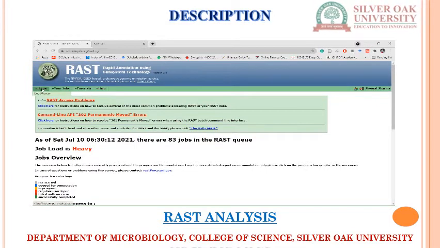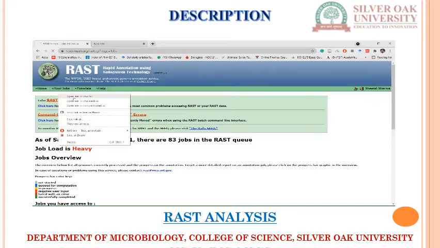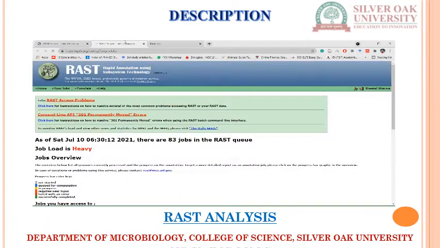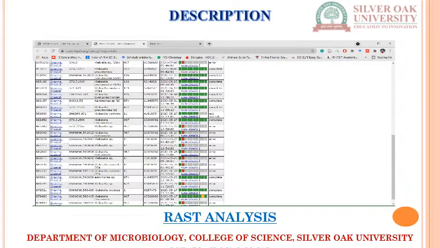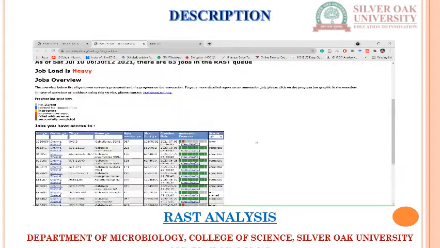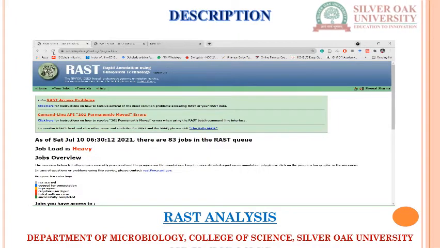Here you will directly come to the home page, that is the SEED Viewer, Your Jobs. Your jobs means whenever you are submitting any whole genome sequences, you can find the particular status, like a job overview. In the job overview, you can see how many jobs you have completed or are yet to complete.